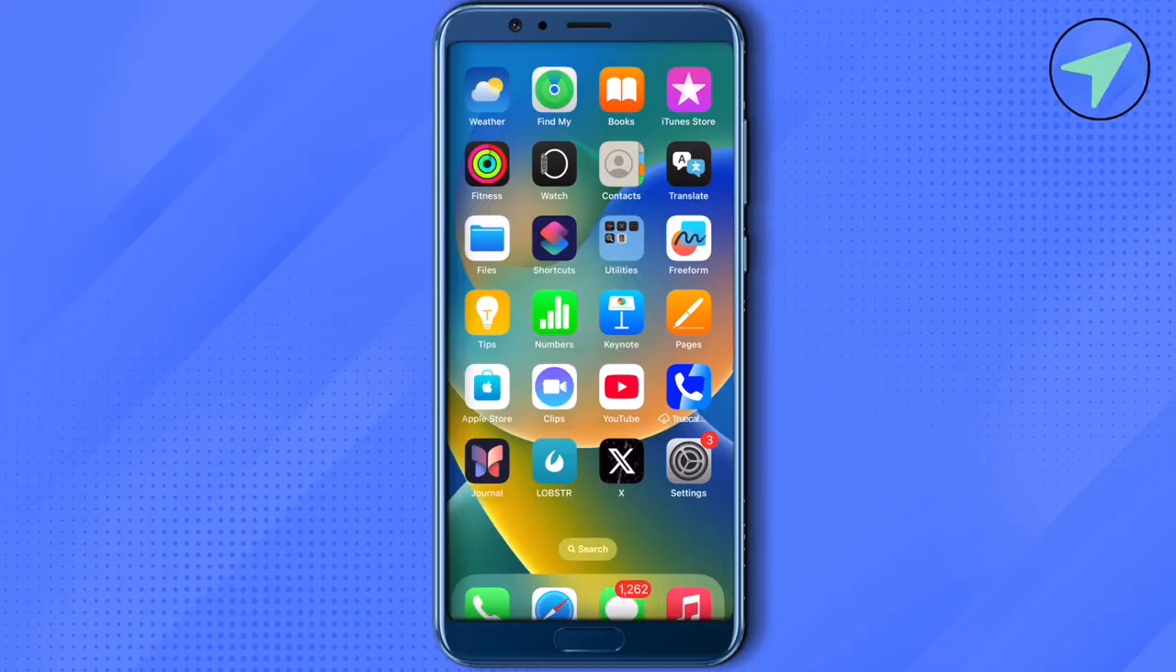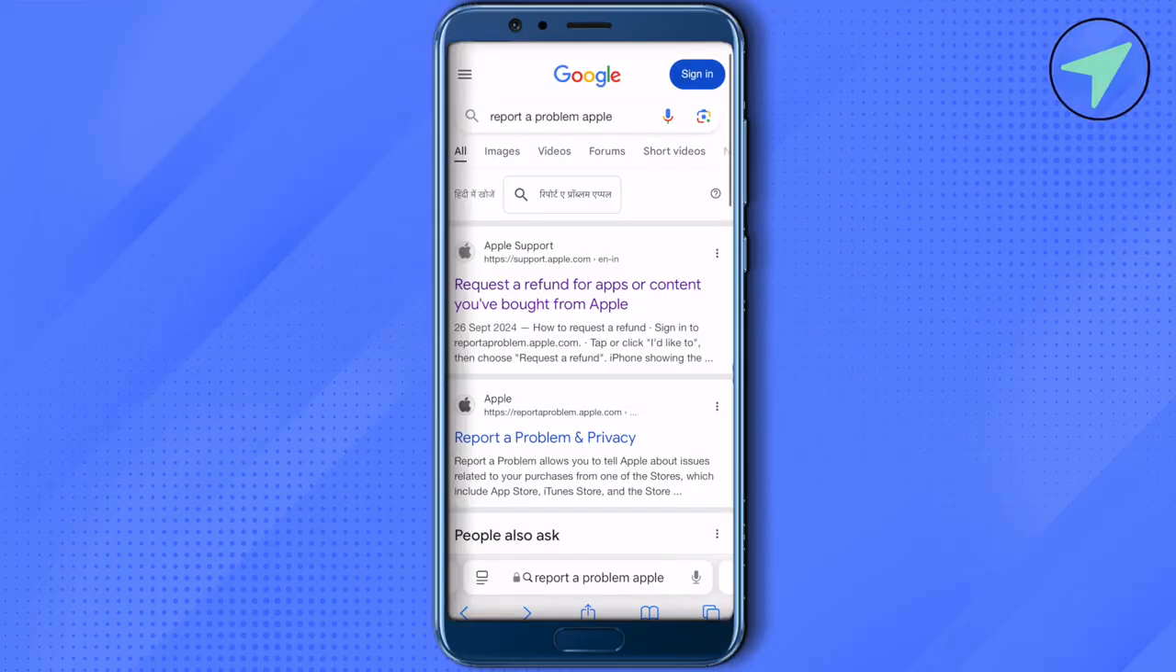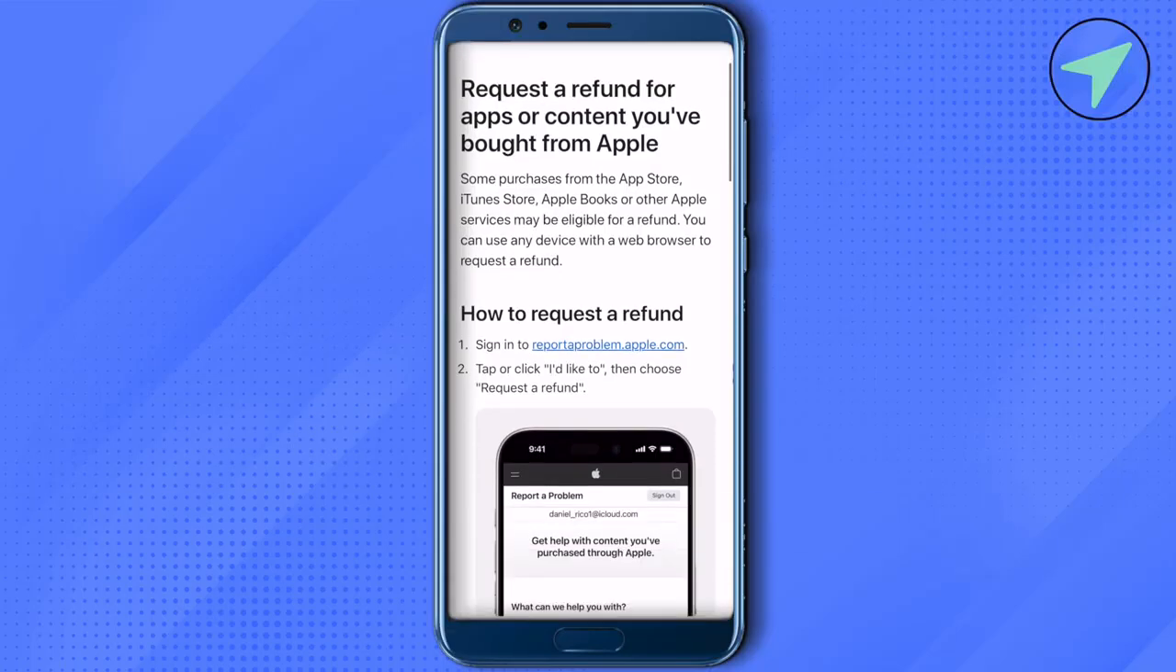Let's see how we can do it. For this, simply open up your browser, but first of all cancel the active subscription that you have, and after that open up your browser and search for "report a problem Apple," and then open up this website. Now here you get this particular link, which is